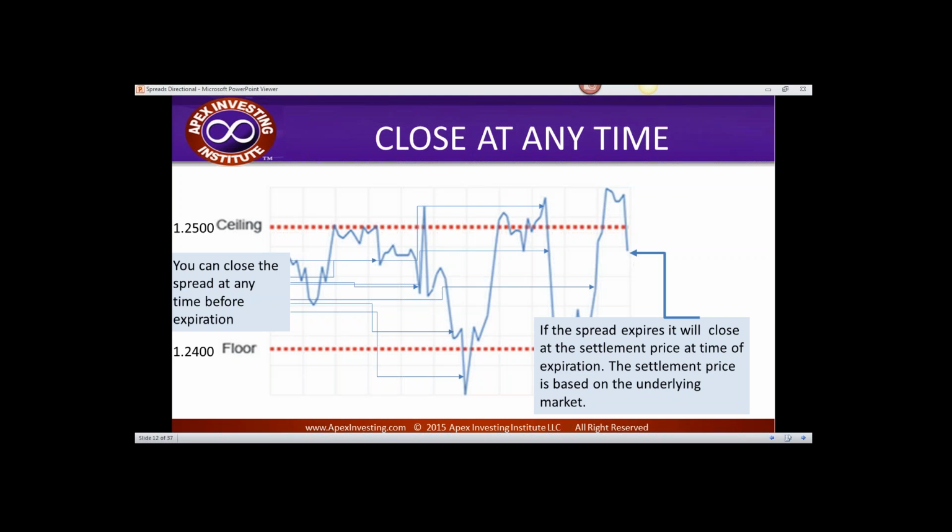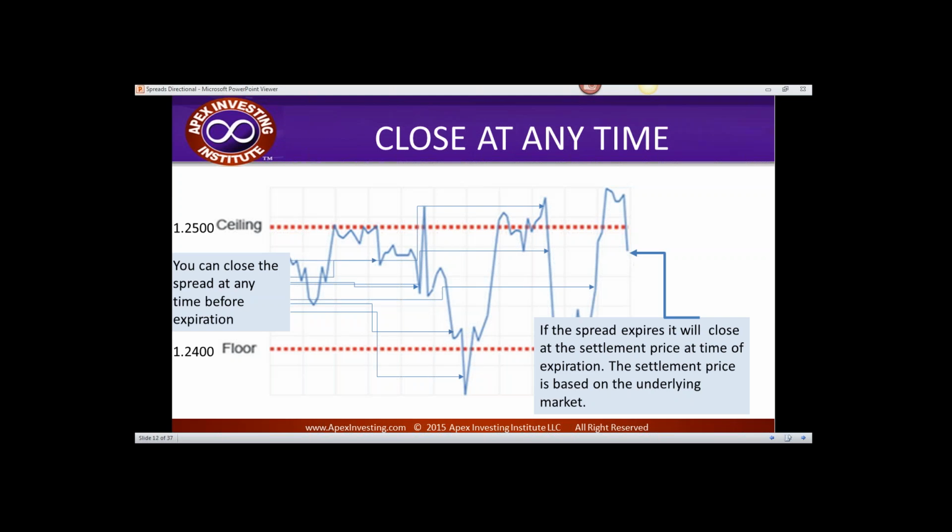So you're risking 70 to make 30. But what happens if you're wrong by 1 little tick on that $70 investment on a binary? 1 tick, you lost 70 bucks, right? What happens on a spread if you're wrong by 1 tick at expiration? What'd you lose? $1,